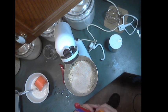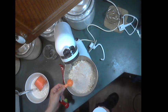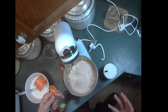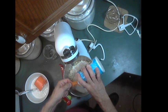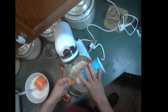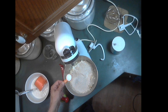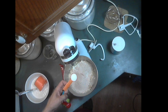Here is a point of contention. Most aficionados of the perfect way to make bread will tell you to never put the salt in the bread until after it's had a time to mix, because you want the wheat flour and the water to fully hydrate. Well, I understand that and it makes good sense, but I've made a lot of bread and I tested that idea and I did it both ways. And I can't tell a lick of difference. They're all the same. So I'm not going to waste time to do something that doesn't appear to make any difference in my bread. So I'm putting 1/2 tablespoon of